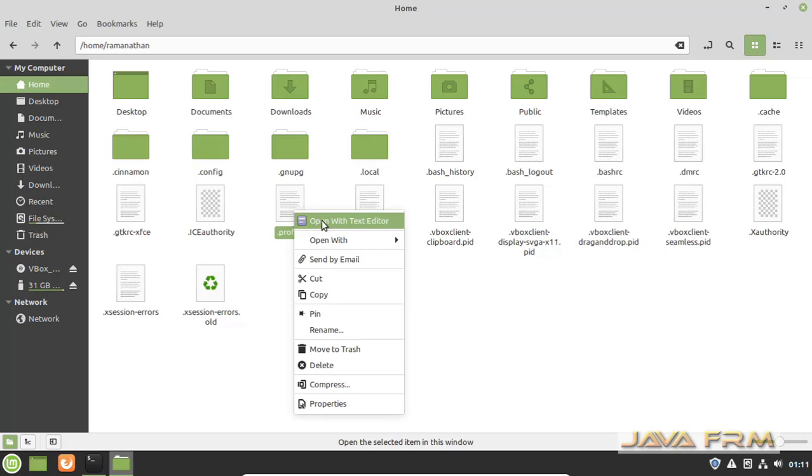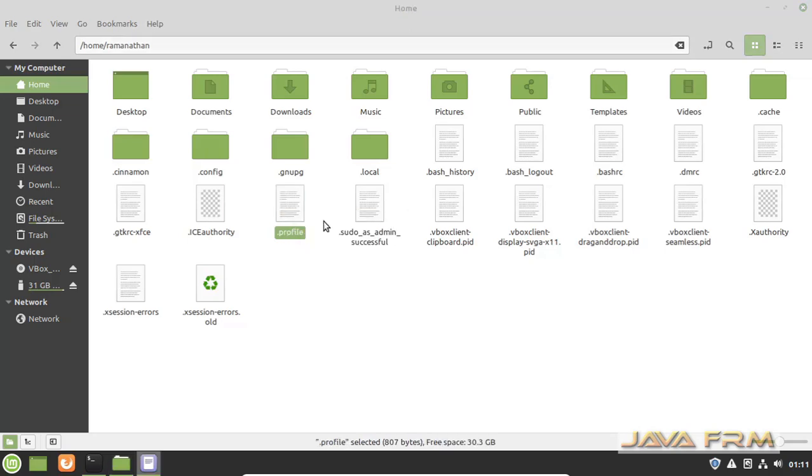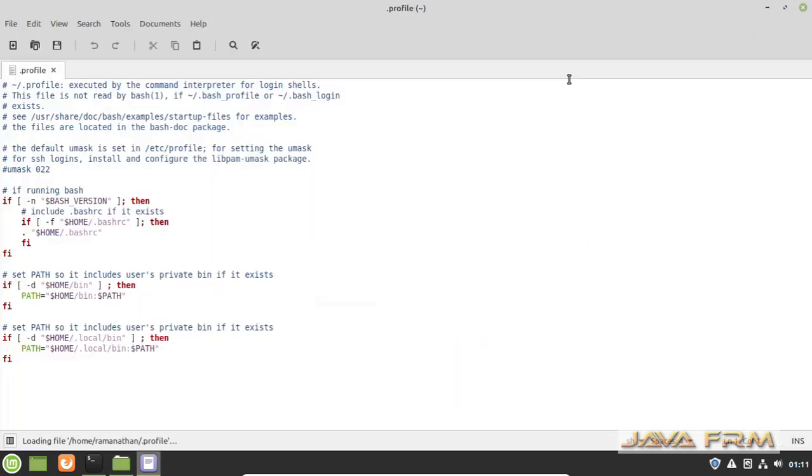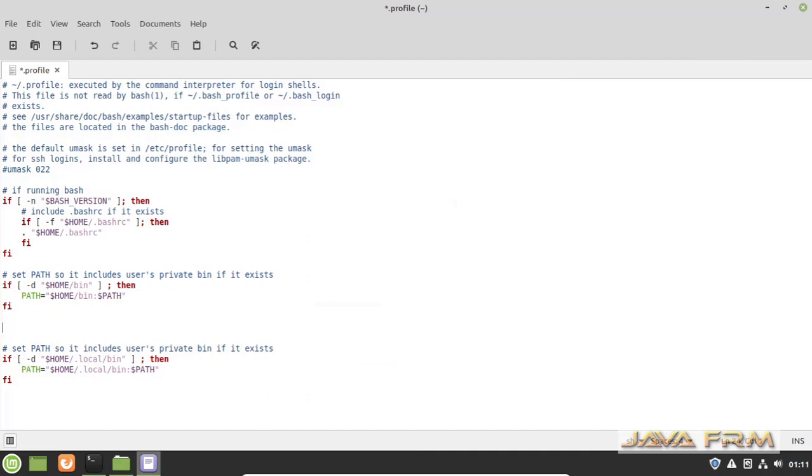So here I am going to append the MSSQL-tools/bin directory to the path variable, so that all the command line utilities will be available in the terminal, and you can connect or execute any SQL query from the terminal from anywhere. Okay, save it.